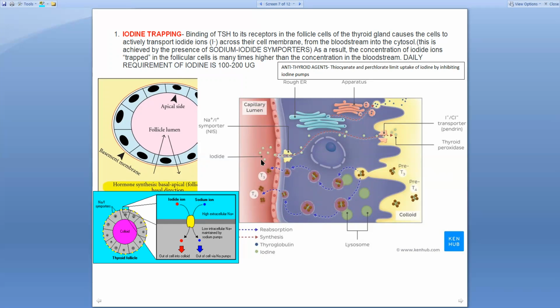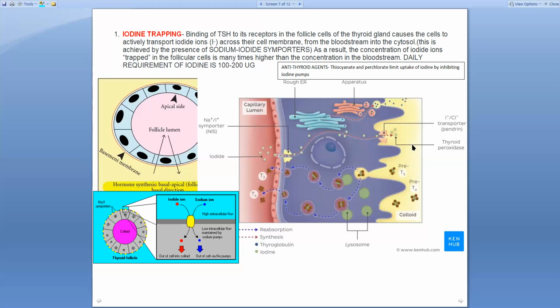See, in this diagram, this is the capillary. Capillary is made up of squamous thin cells. So these are the squamous cells. Inside the capillary lumen, blood is flowing. These are iodide ions. And this blue line represents the follicular cells. So this blue part is the follicular cell. This yellow part is the colloid, which is present inside